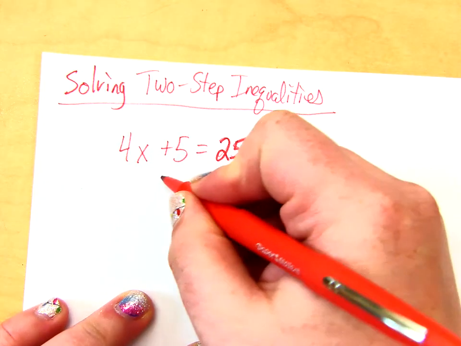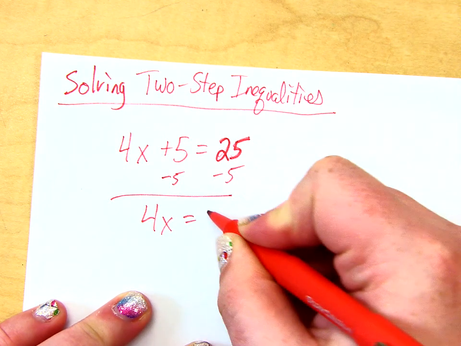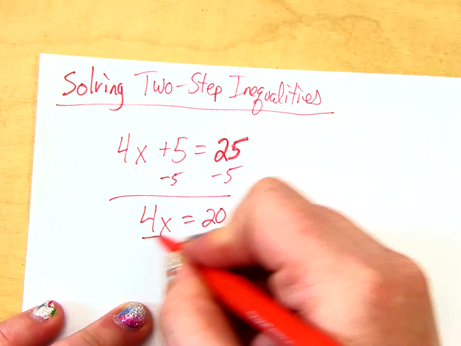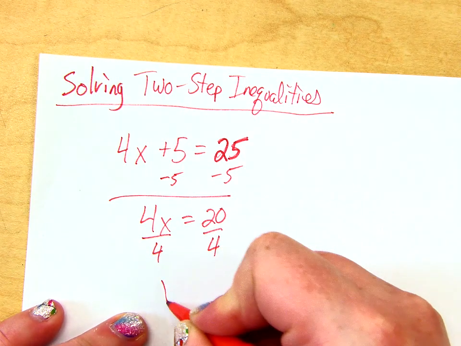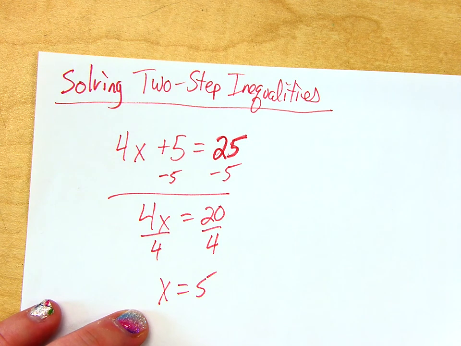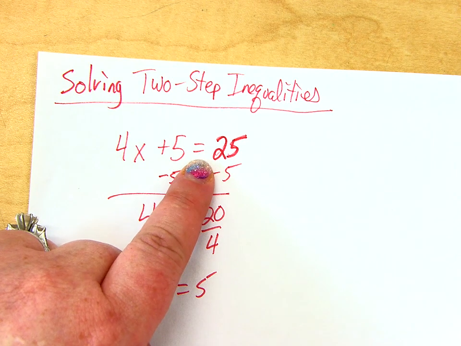You would minus the 5 first, right? Minus 5, minus 5. You get 4x equals 20, and then you would divide by 4, right? X equals 5. Guys, the process is no different. The only thing that's different is that the symbol isn't an equal sign anymore, but we're going to solve it